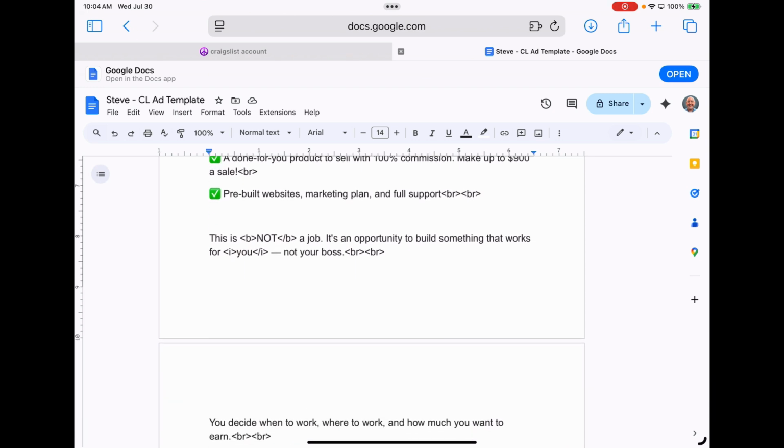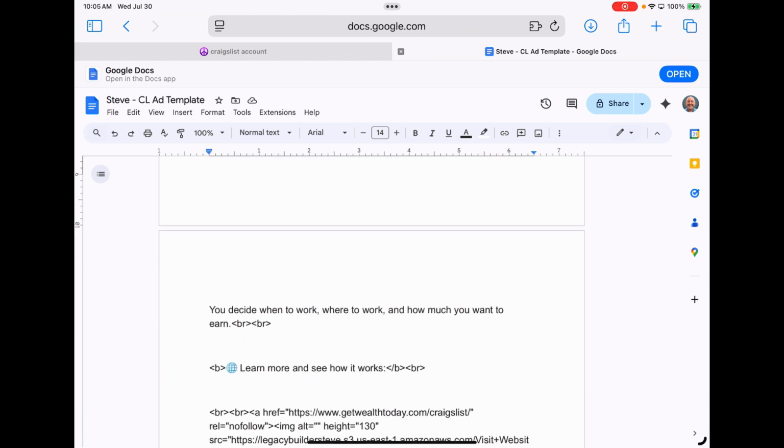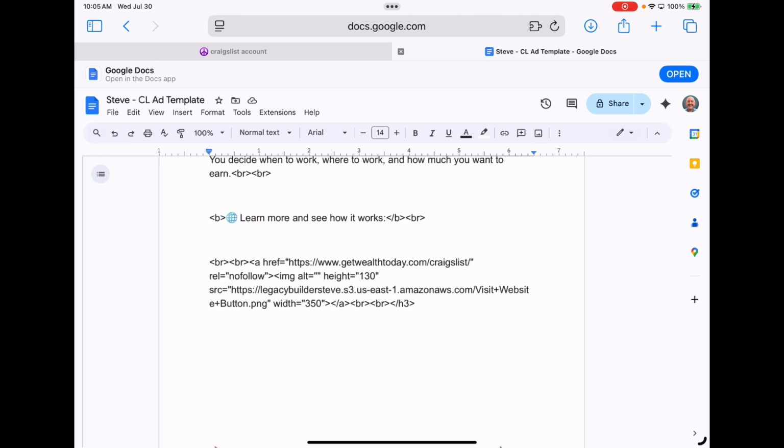And the last thing is your link to your website. Now, I do host images. I have an AWS account on Amazon. But if you don't, and there's a good chance that you don't, you can just put the link in there directly. Maybe just have an arrow and say, hey, visit this website for more information, and just make sure that you type it out with the HTTPS:// and then your link.